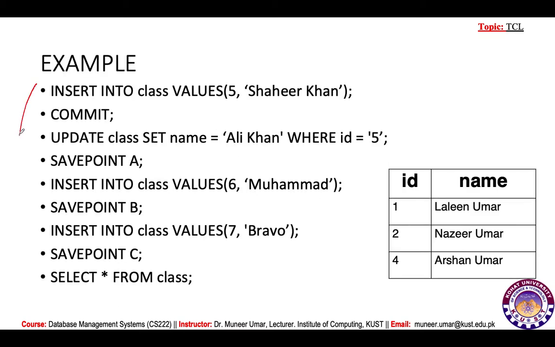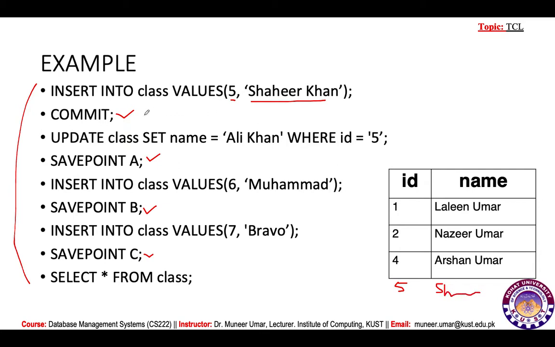Here we have a sample code. In this sample code, we have the commit command and some save points. We will also use rollback after this code. So first we are inserting a new value into this table. ID would be 5 and the name would be Shahir Khan. So here we will get 5 and then we will have Shahir